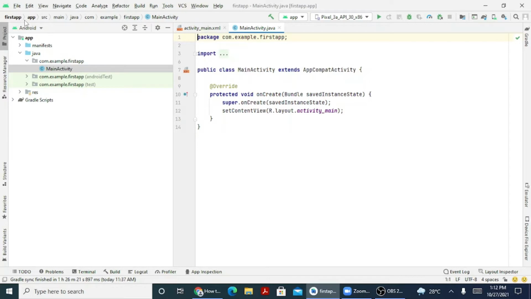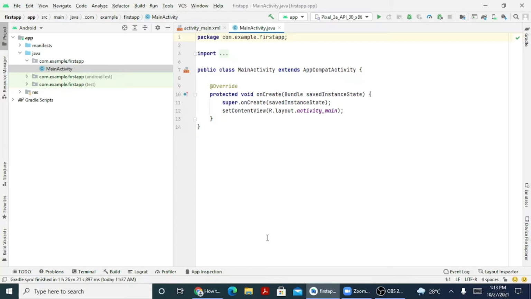So this is how the folders are. Inside First App, there is an app folder which you can see over here. In that, there is an SRC, there is a main, there's a Java, that's a COM. So currently the Java is open over here. And there is RES, there's a resources file. This is a Gradle script for our Android to work. We have a Gradle build that happens for our Android to work. More on what our Gradle is and how it works, further videos will be coming up on the same.